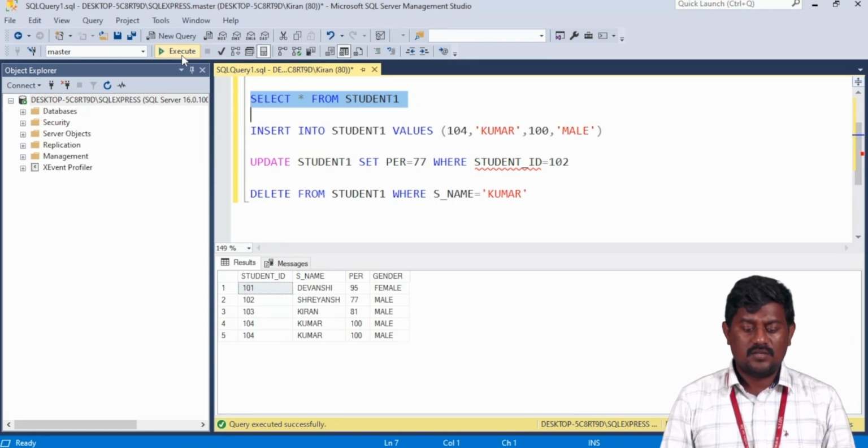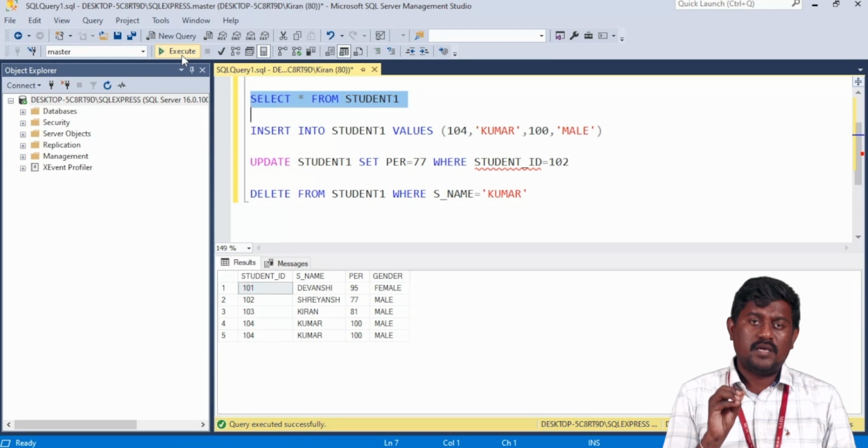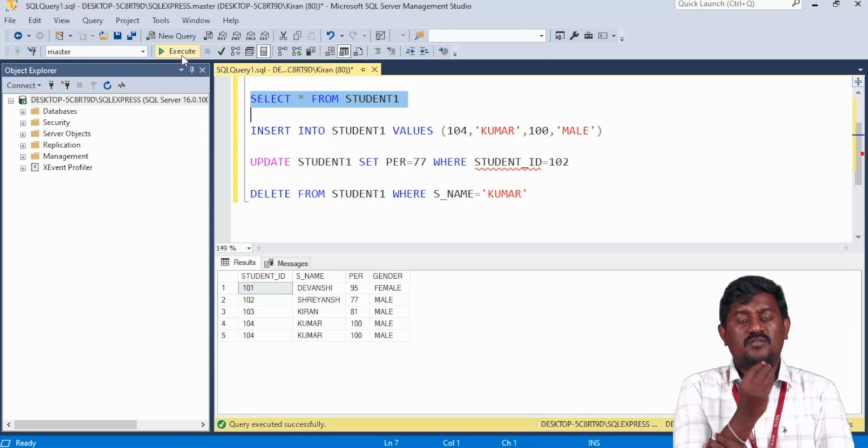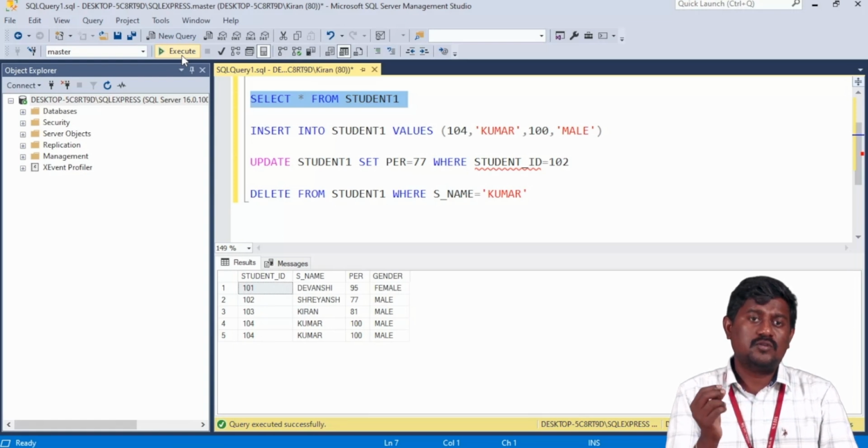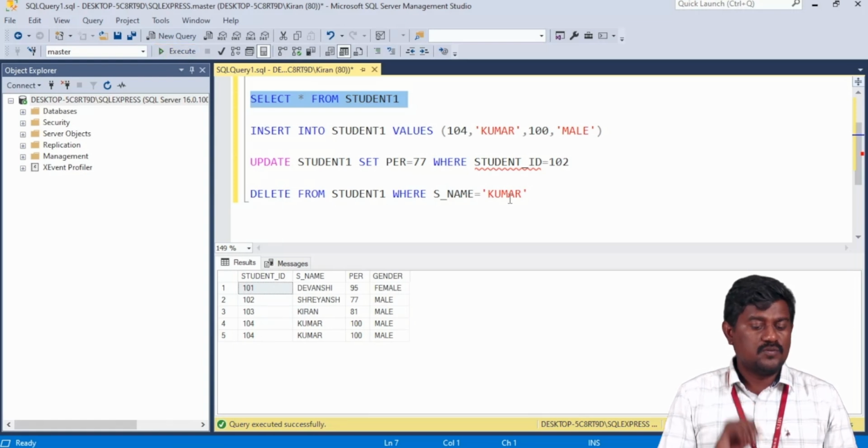Who is that one? Kumar, I have entered two times. Whenever you insert duplicate records, the usage of the database is a waste. So that's the reason, by using keys we can